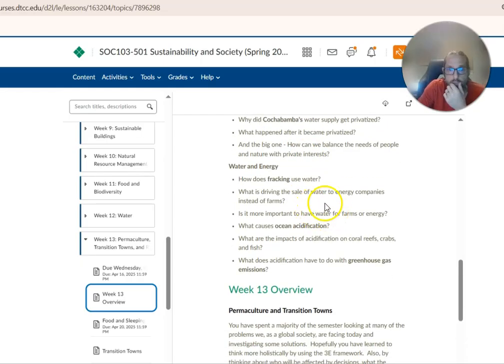And then we read an article on this conflict between fracking and farming in terms of water use. The article was based on what's happening in Colorado. This is a big issue in Colorado, so this is something that will probably pop up when we're out there. And if it's on topic, feel free to ask people about any aspects of this. Most likely they'll have some opinion on the use of fracking. And there are people on both sides, very much on both sides, in Colorado. So a really big issue.